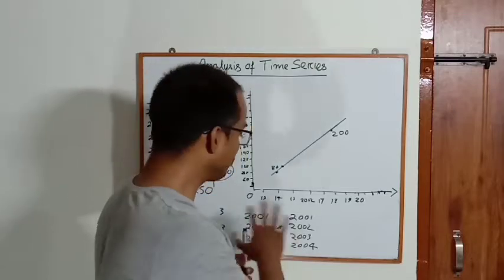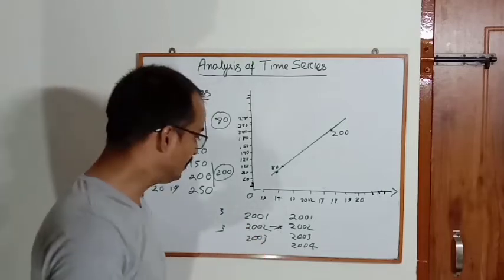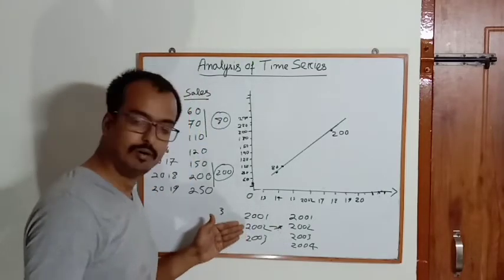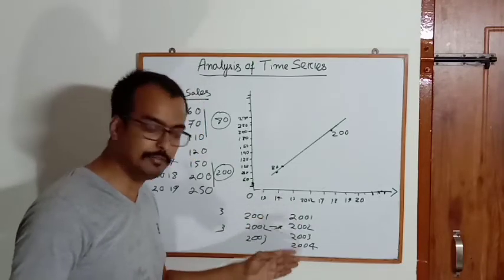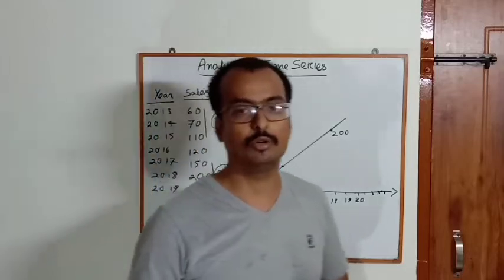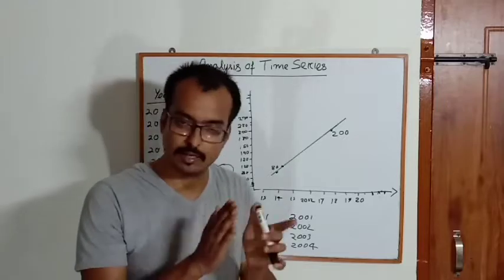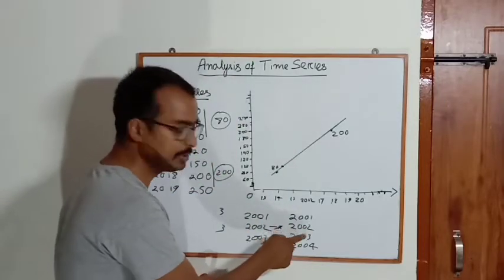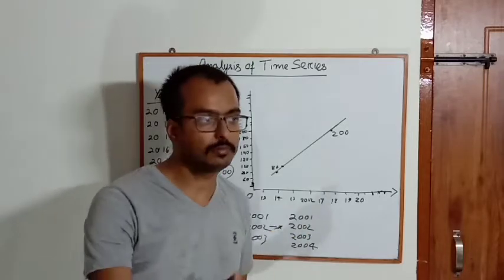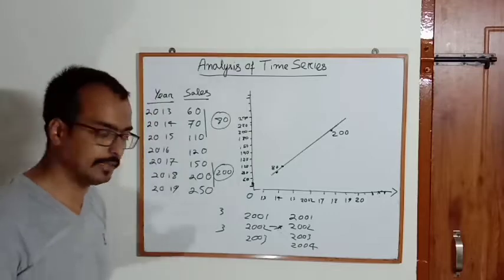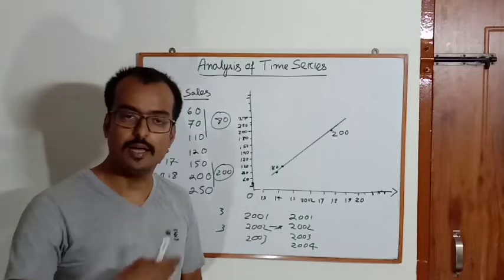So I think this problem will be solved. This is not a big deal. This is a very small issue. If we get odd numbers, odd years, then it is very easy to plot the value in the middle. But if it is the even year, then we have to go for the year which is confusing. That means the 2 years which are confusing, which one to take. You take the 1st year and cross 6 months. That means 1st of July, and plot the dot, and accordingly you join.